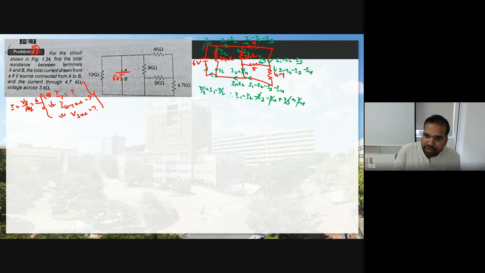How much current is going to the battery? I1 current. Then how much current is coming from the source? I1. So if I1 is going and I1 is coming to the battery, then your current direction assumptions are correct. Yes or no? Yes. Now see here, what I did, the same thing.